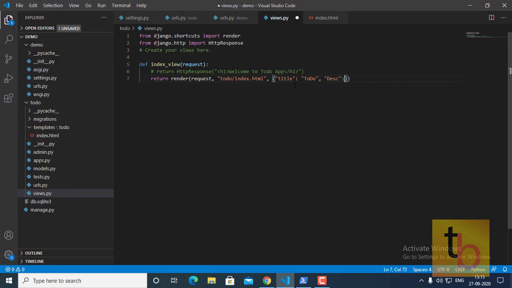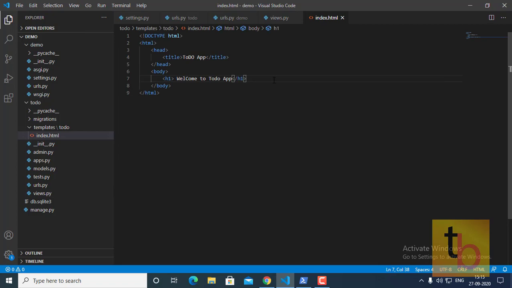This is the description. Then how can we use that key and value inside of the HTML?